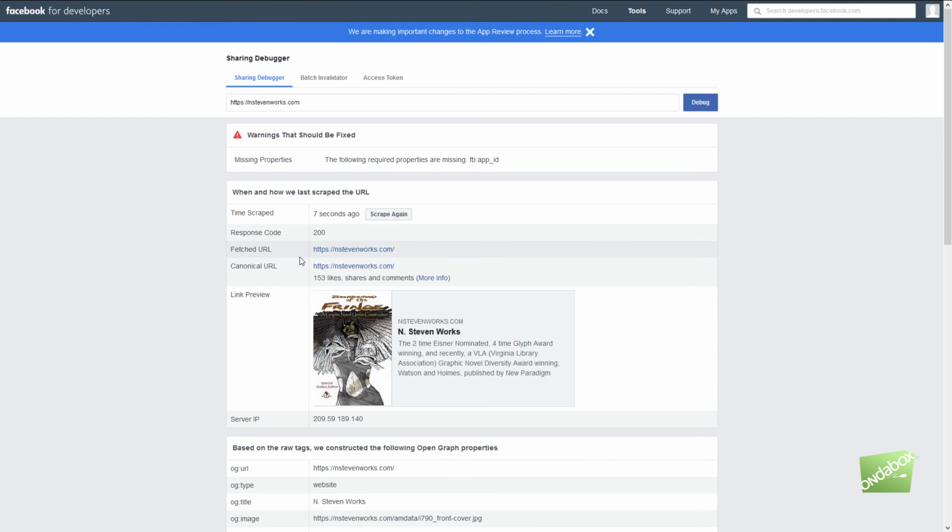All you have to do is log into Facebook and go to the sharing debugger page and enter your URL that you want to share. And you can take a preview of how it will look. You can see it there. And if it's not updated, you just click this little button here that says scrape again, and it will go to your website, grab the information, and make sure that